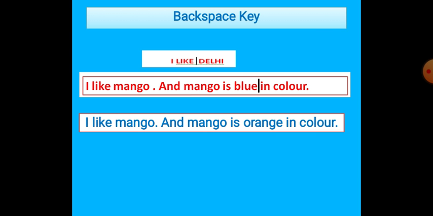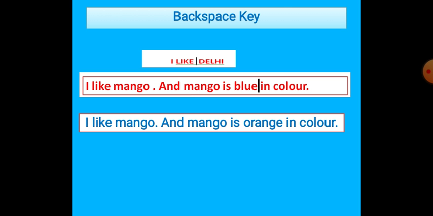Now how does the backspace key work? Children, when we are typing, we will find that there is a vertical line that moves to the right side, that is known as a cursor. When we type, a vertical line keeps appearing on the right side, children, that shows that what we type will be typed there, right? So this is called the cursor. Now see the examples.